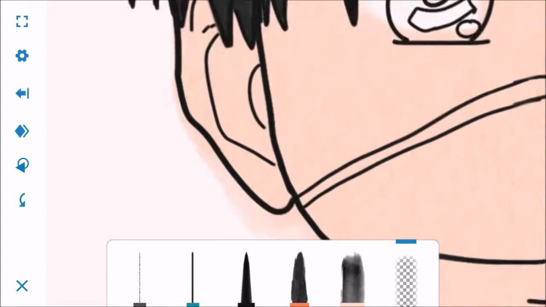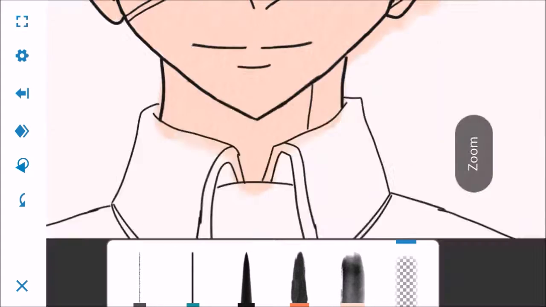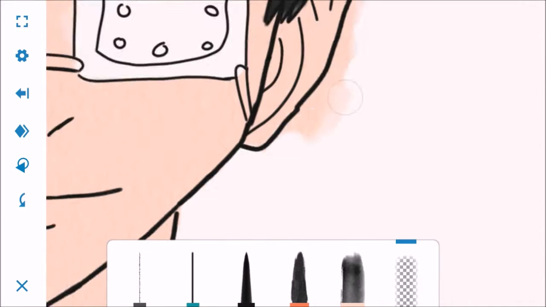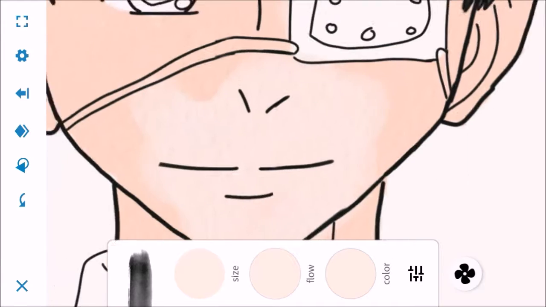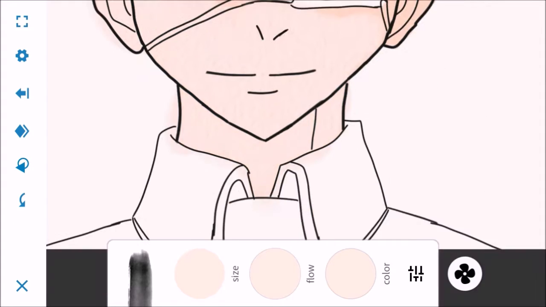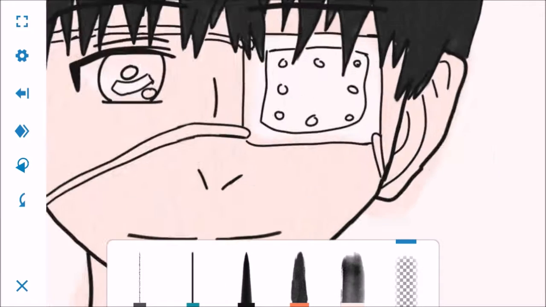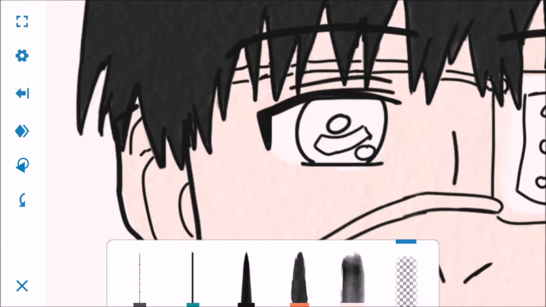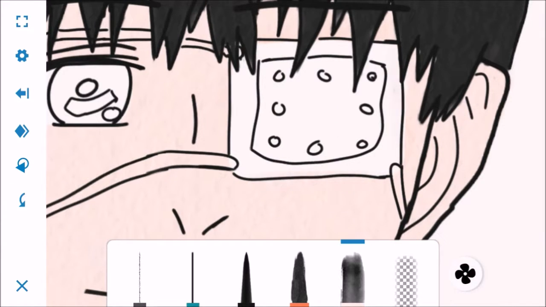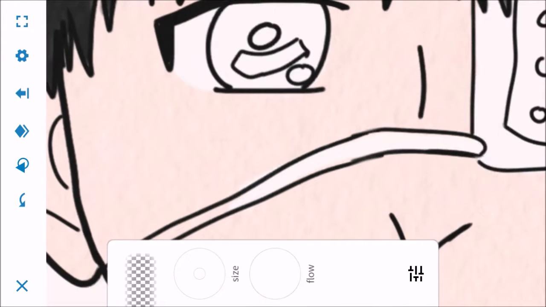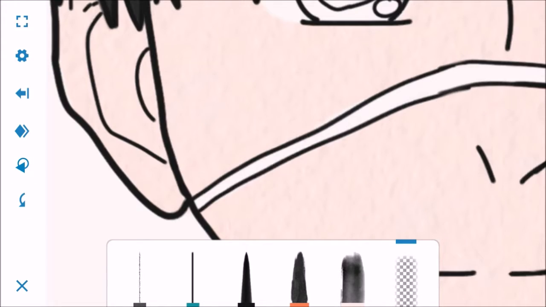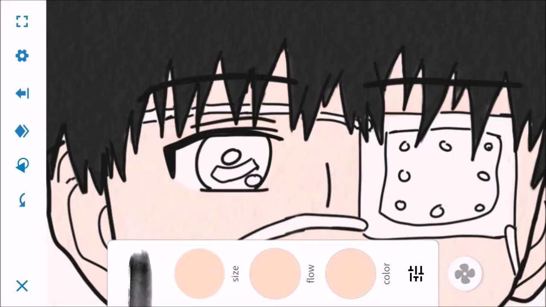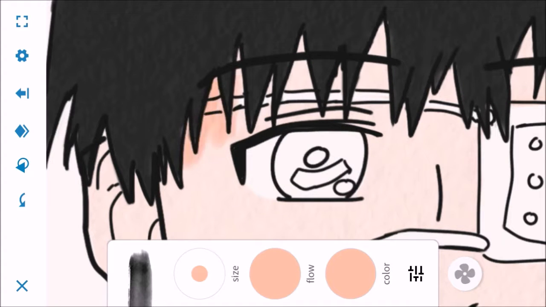So for the skin color we're going to use a peach color. Oh, and he's pretty pale, so we're going to switch it from a peach color to a slightly lighter color. So make sure to color his skin in a slightly lighter color than peach. Now once you've got the base layer of the skin color, make sure this layer is underneath the hair layer, so that you don't have to deal with coloring over the hair color, okay? So go in, make another layer,